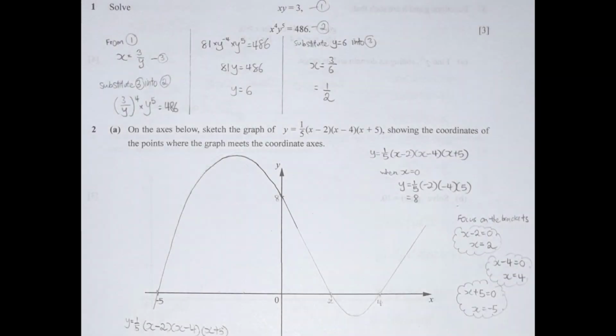So for the first question that we have here, I set xy equals to 3 as our equation 1, and x to the power of 4, y to the power of 5 equals to 486 as our equation 2. From 1, I adjusted the y to the other side, then I got 3 over y. Substitute it into 2, you will get (3 over y) to the power of 4 multiplied with y to the